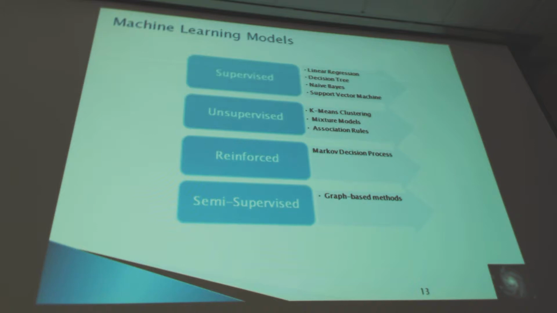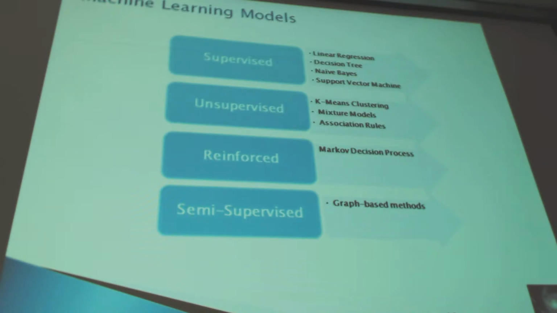So first is the supervised learning. Under the supervised learning model, we have some algorithms like linear regression, where you have a set of independent variables, and you can find the values of dependent variables based on the values of the independent variables. Then you have the decision tree. You have a full training set given to you, and you also know what to predict, the target attribute to predict.